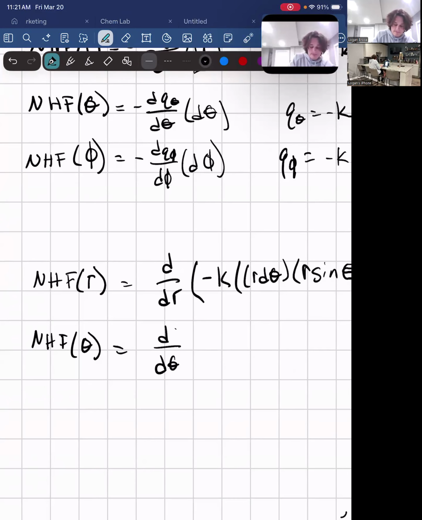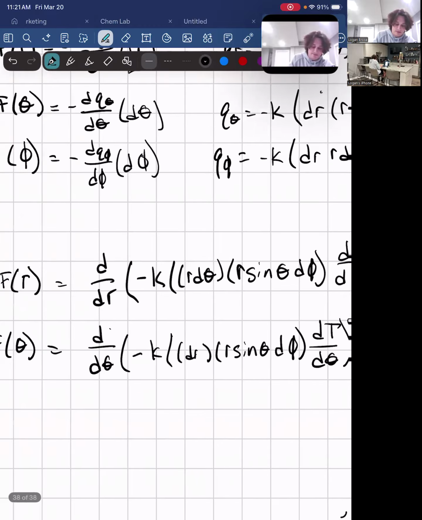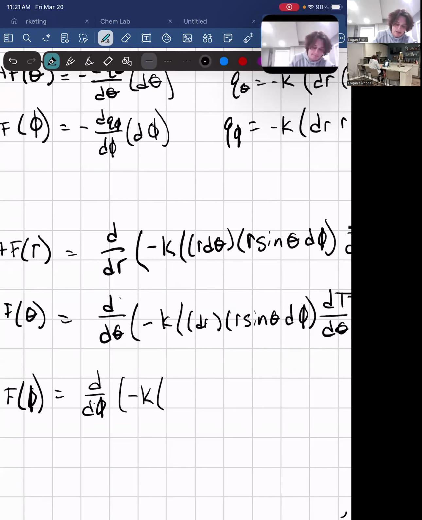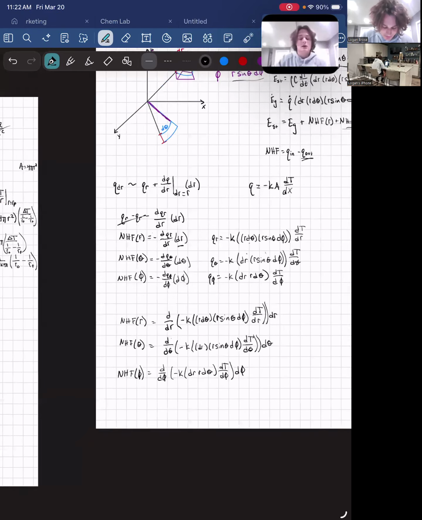d theta minus K, and then it will be dr times R sine theta d phi times dt d theta times d theta. And then our phi direction, our last one here, is d phi times minus K dr R d theta dt d phi all times d phi. Right. So now that we have these three equations,